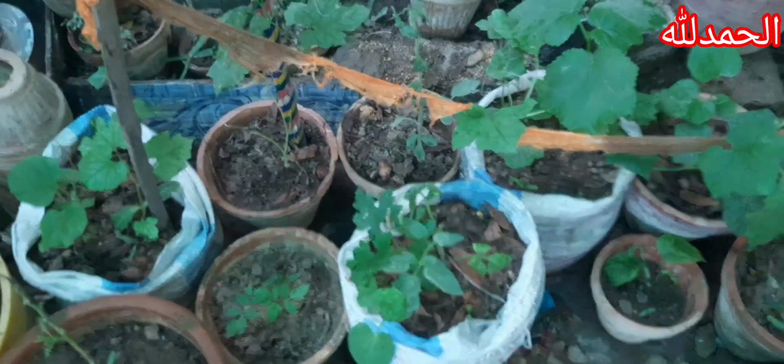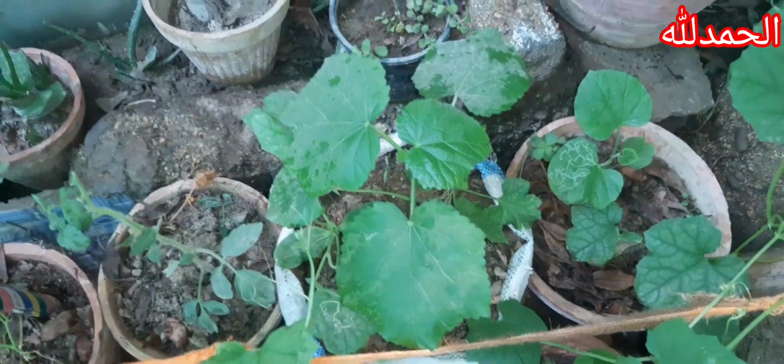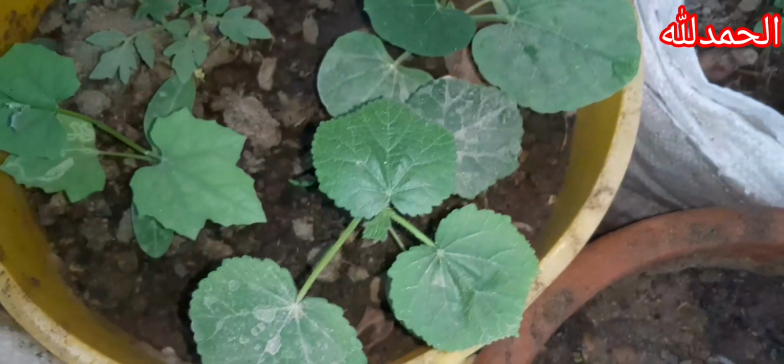8. Use a gardening calendar. Keep a gardening calendar or use a gardening app to schedule planting times, record observations, and plan for future seasons based on your local climate and growing conditions. By paying attention to these timing tips, you can maximize the success of your seed planting and enjoy a bountiful